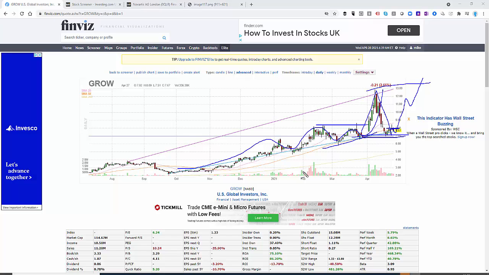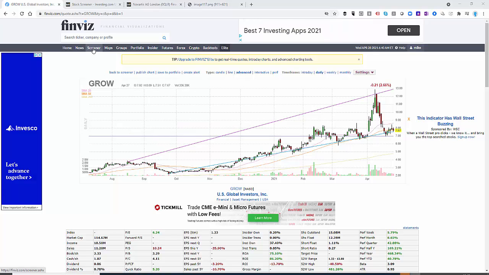So if this dips, this could go on another run back to 12.13. And look at the volume. Volume picks up into the break, pulls back, and then you start to get an increase in volume again. It's actually gap filled back there. So it's a boomerang and a gap fill strategy. That's a very, very simple way of